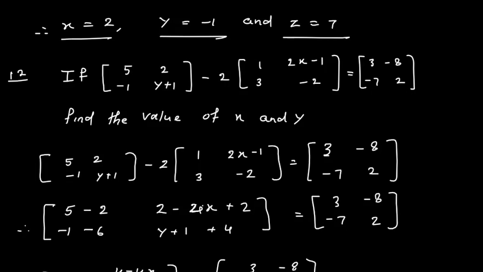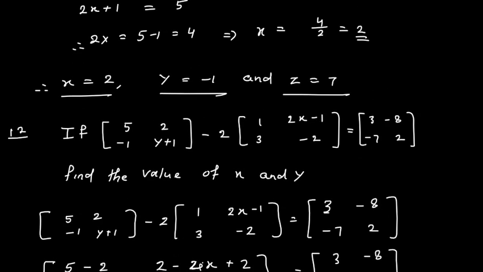Okay, so this is our second exercise. In this second exercise we understood that the problems are simple. What we have to do is just apply the operations of matrices, that is addition, subtraction and multiplication of a matrix by some number. Okay, and we also applied in the last questions the equality of matrices, that is when two matrices are equal, then their corresponding elements are also going to be equal, right? Okay, thank you.